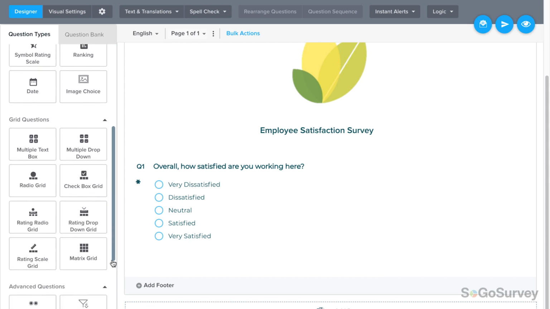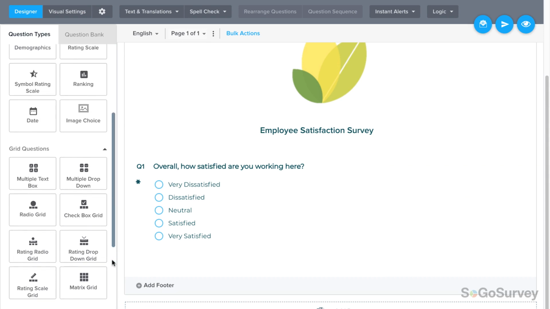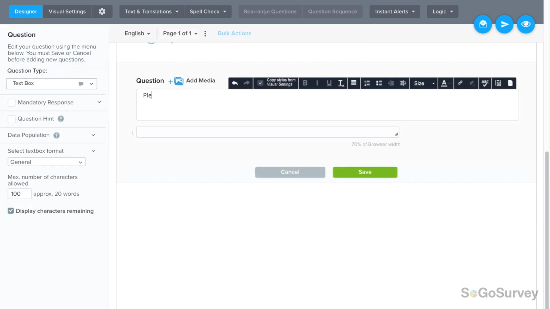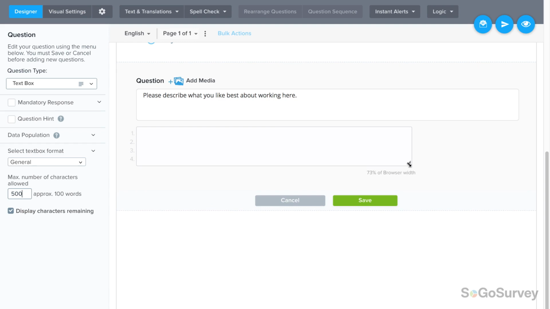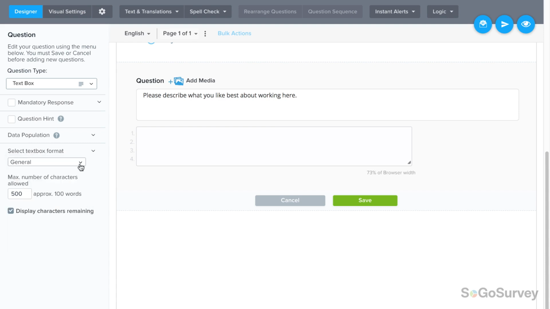Keeping the end report in mind, there is a right type of question for every question you want to ask. Next, a text box. A text box is a great way to find out what my employees think, but you can also set size and character limits to focus their responses. Click the corner of the box to extend the size, then set the character limits. You can even format the box to only accept certain types of content, but in this case, words make the